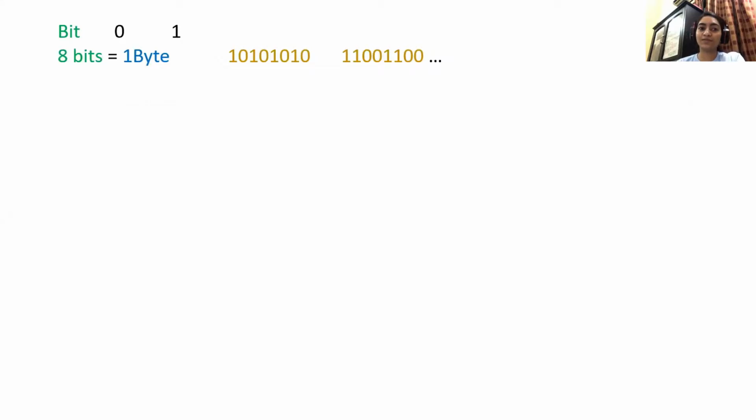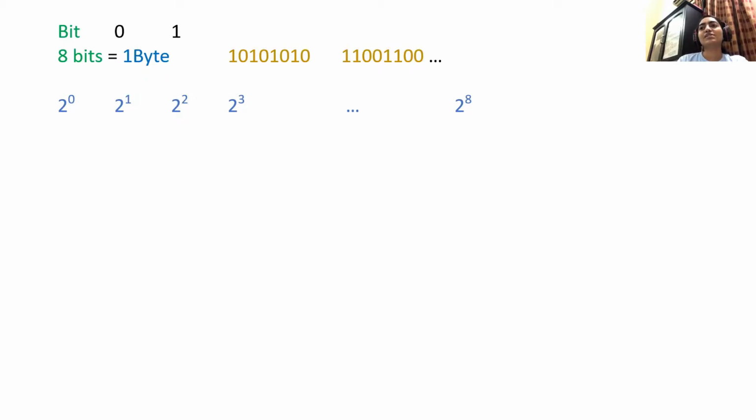Like you know that in a computer, we can only store 0 or 1, and they are called a bit, 0 or 1. When you have a combination of 8 bits, that is called 1 byte. So, like you know that 2 raised to 0 is 1, 2 raised to 1 is 2, then 4, 8, and 2 raised to 8 is 256. So what does it mean that, for example, I want to store 5 in the memory? That will be stored in a binary combination of 0s and 1s, right?